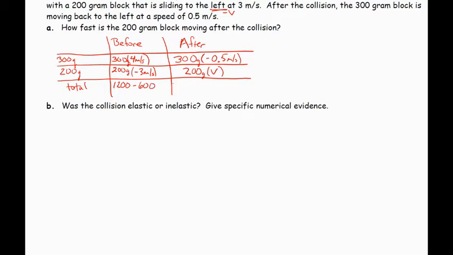minus 600 is equal to 150, or sorry, negative 150 plus 200 V. Okay. And when I go ahead and manipulate that equation, I get 600 and then add the 150. So I get 750 kilograms times meters per second is equal to 200 kilograms times velocity. So I divide both sides by 200 and I end up getting that my final velocity is equal to 3.75